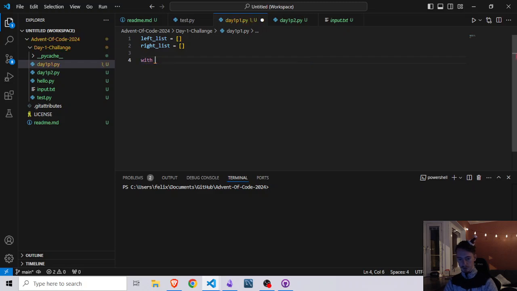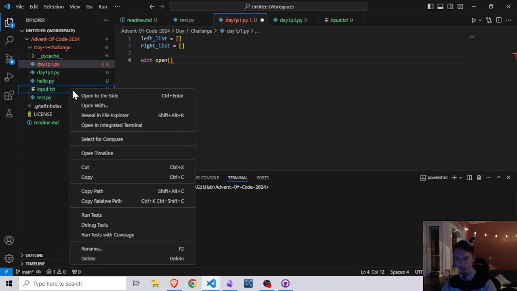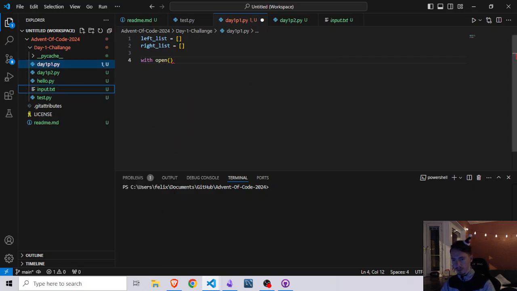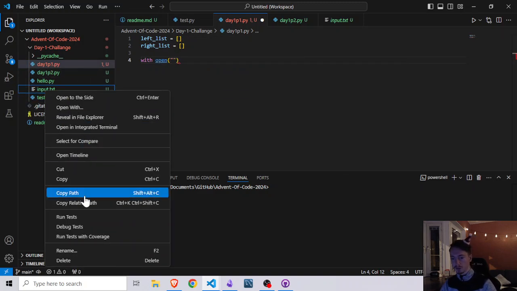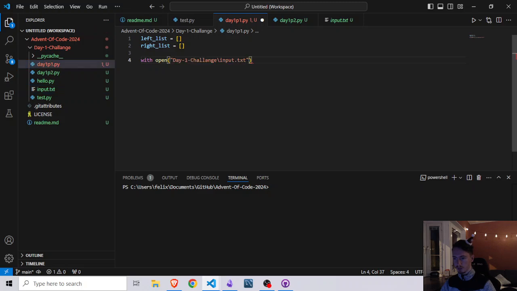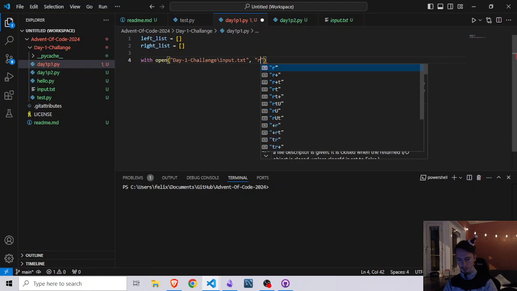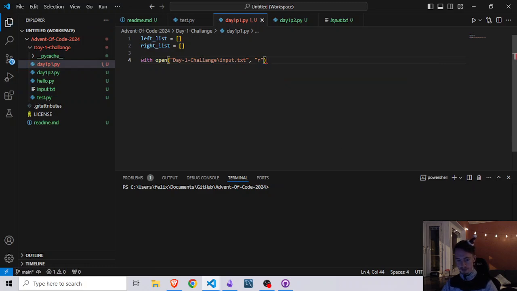So let's see. Open, what is this called? Input. We can copy the path to it so that we don't have to type it. We can copy the relative path, not the entire path. Paste it here. This is an easy way to open files if you don't know exactly what path it is in, or you don't want to struggle writing all that. So we open it as a file, and then for, let's say, each line in the file,